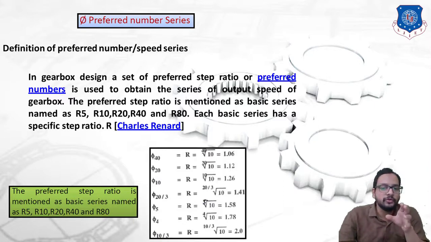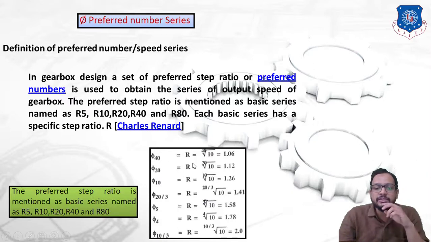Now, how can we do that? You can see I have shown one box in which R40 is given. So R40 can be written as phi 40, where 40 is a subscript, and it is equal to the 40th root of 10. If we find this out, it comes to 1.06. Similarly, if R20 is given in the data, which means phi 20,